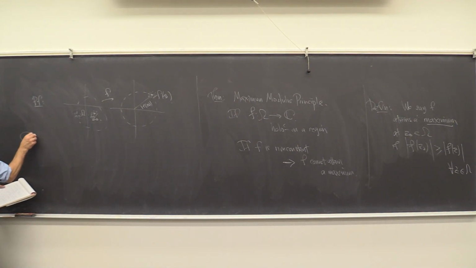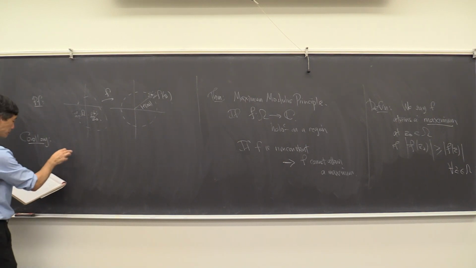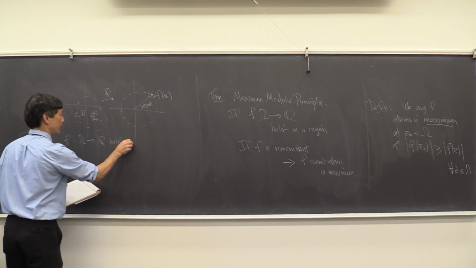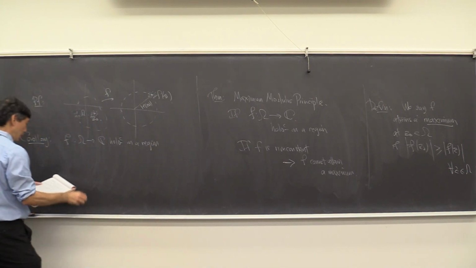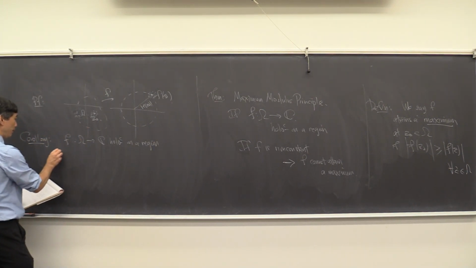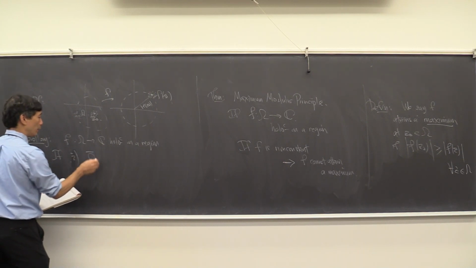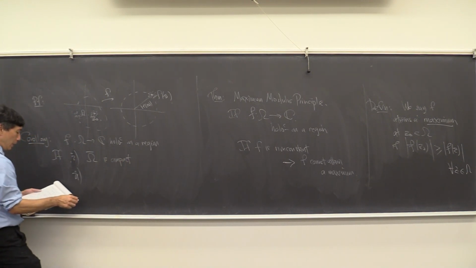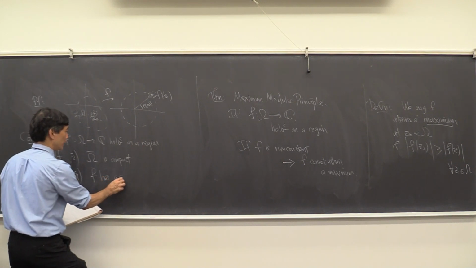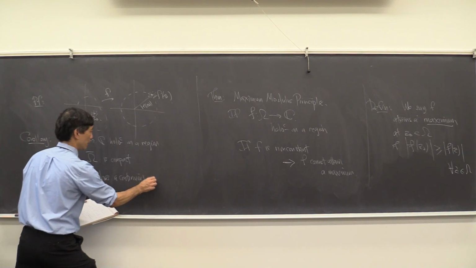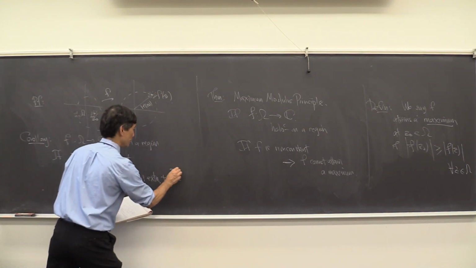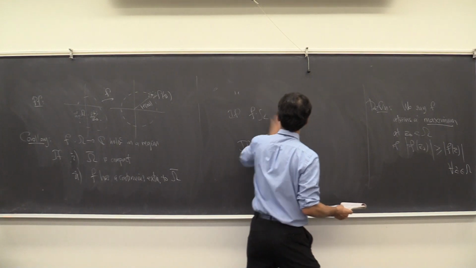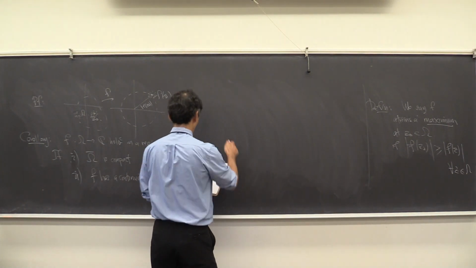A corollary is that, again, if you have a function that's holomorphic on a region, and the closure of the region is compact, and f has a continuous extension to that closure, then